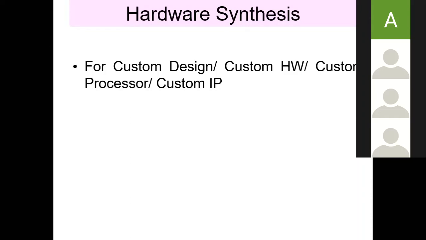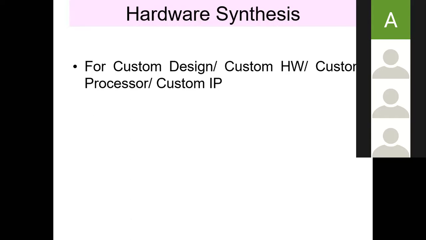So like that, if you have the RTL design, the corresponding FPGA design or ASIC design is possible. So the first step is to generate the RTL specification from a high-level language or a modeling language. That is what we call hardware synthesis. This first slide shows what hardware synthesis is. Here we are worried about custom design, that means custom hardware blocks, maybe custom IPs or custom processors. In hardware synthesis, we are dealing with the custom design of custom hardware, custom processors, or custom IP. All this will be considered as hardware blocks, right?